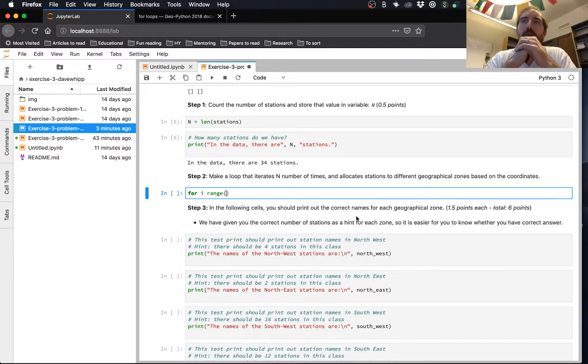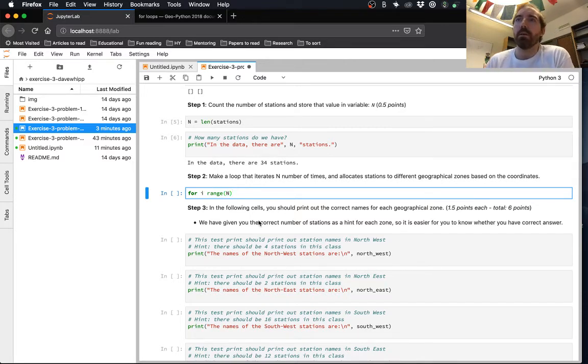Since we've already dealt with the calculation of how long this list is, we can just put our variable n in there. So for i in range n, we're going to do some stuff.